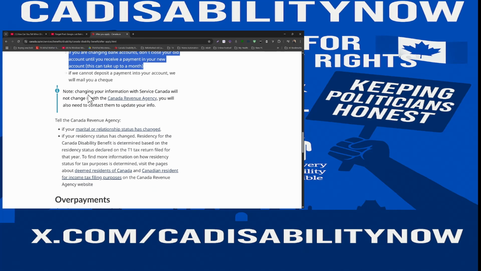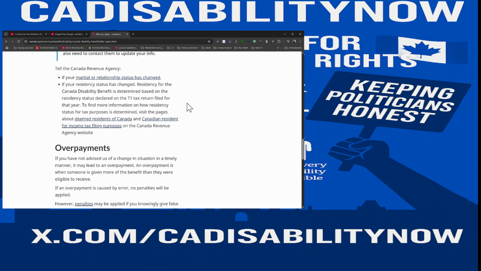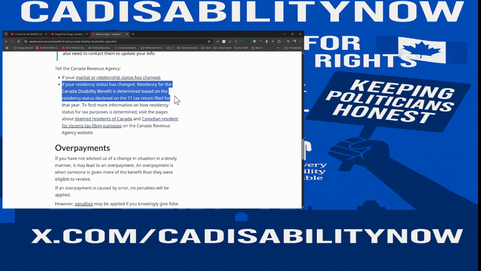Note, changing your information with Service Canada will not change it with the Canada Revenue Agency. You have to do them both. You need to tell the Canada Revenue Agency if you're married, if your relationship changes, or if your residency status changes. Here, and basically you just